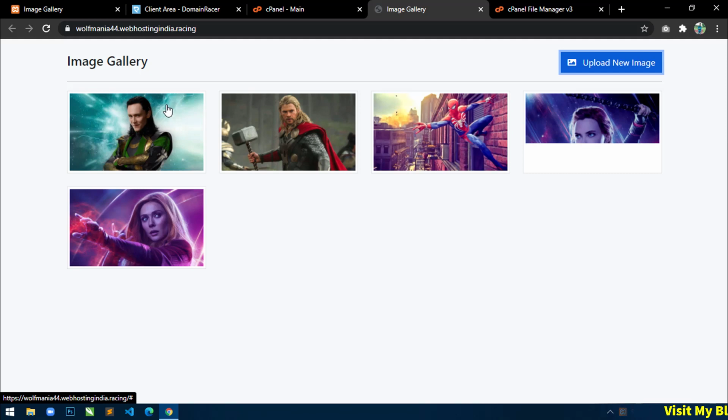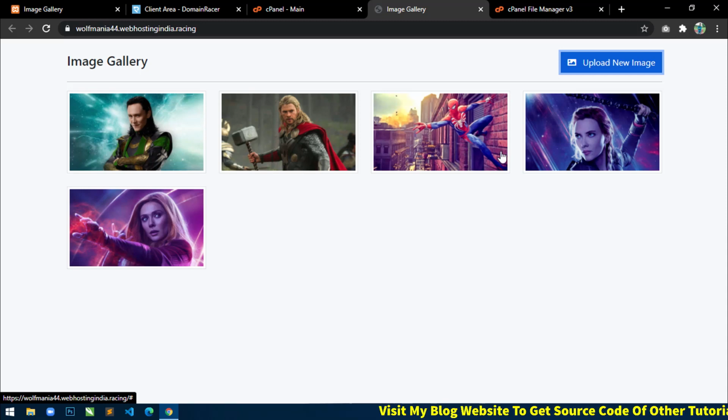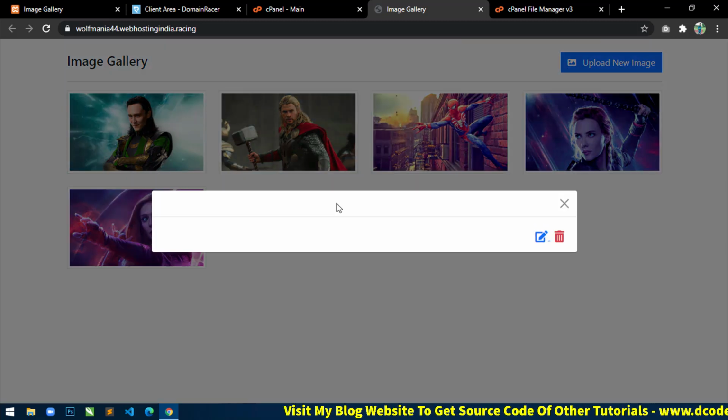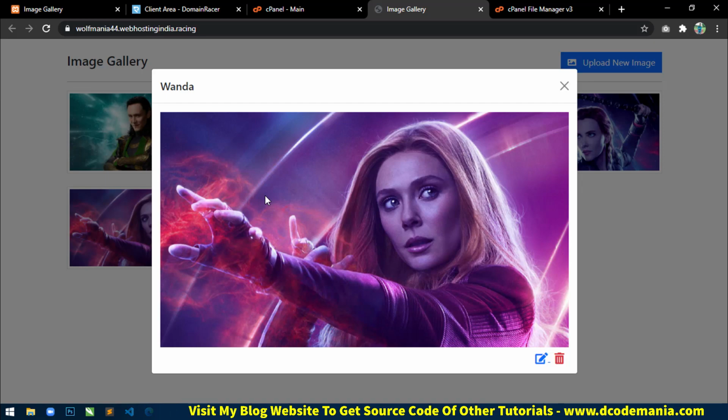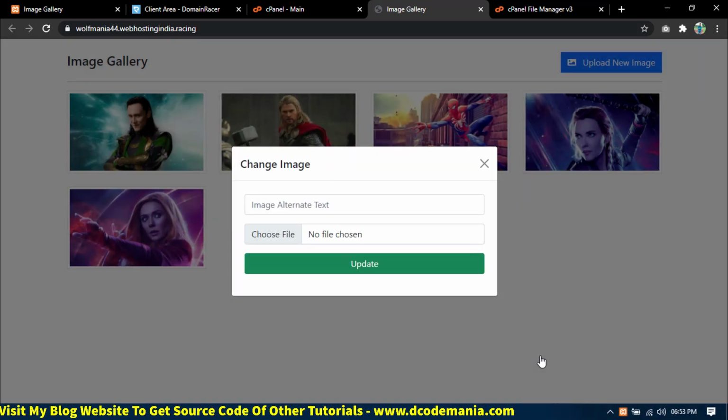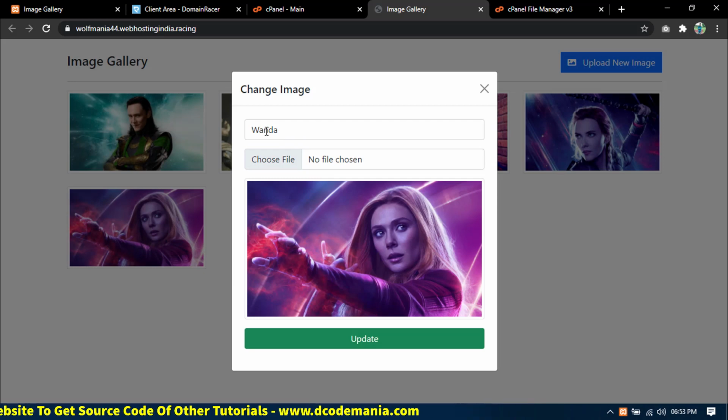Now let's try to change any image. Suppose I want to change this image. So click on this. Now you can see the full preview of the image. Now click on this edit icon. Here you can see the alternate text, so you can change this also, or you can change the image.